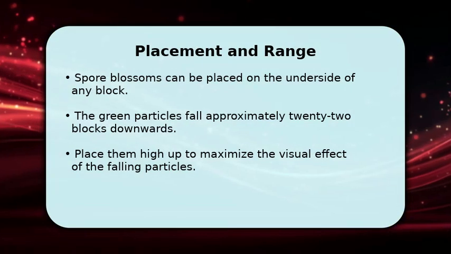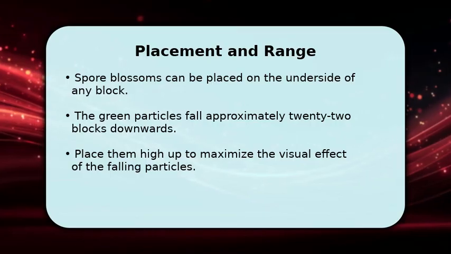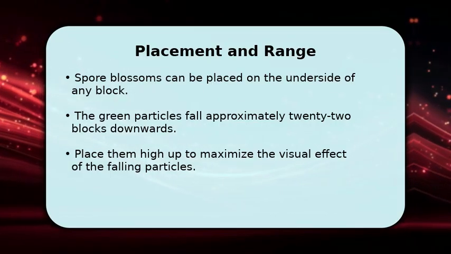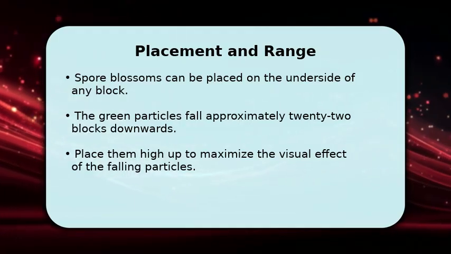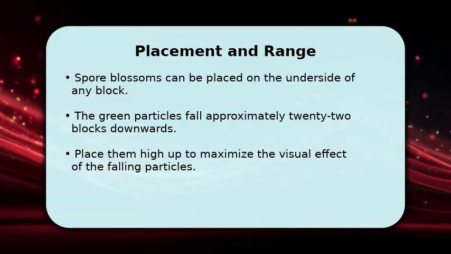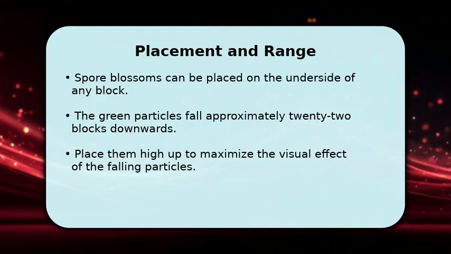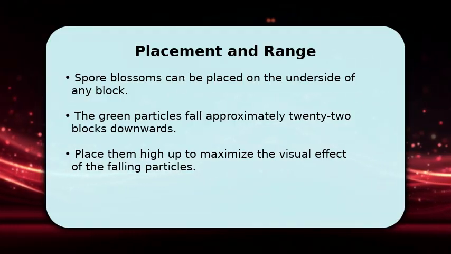For the best visual impact, you'll want to place your Spore Blossoms strategically. They can only be attached to the bottom of a block, so consider placing them on ceilings or high ledges. The beautiful green particles will then drift downwards for about 22 blocks, creating a stunning visual cascade. This wide range allows you to cover a significant area with their enchanting effect, making them perfect for large halls